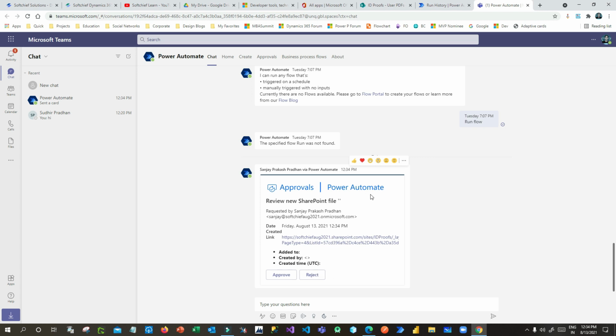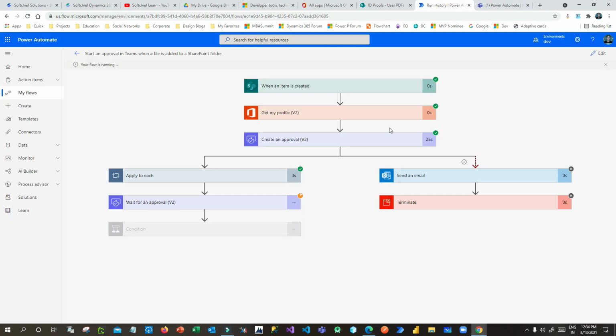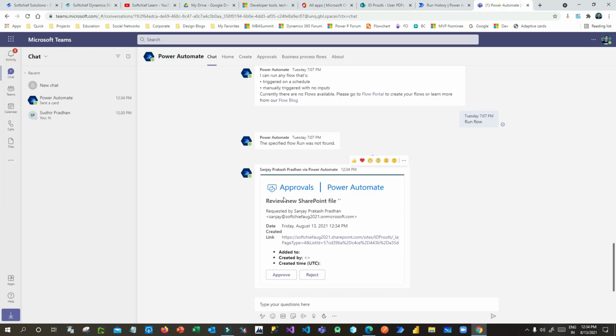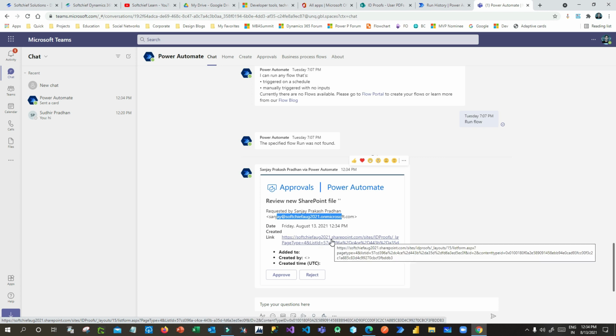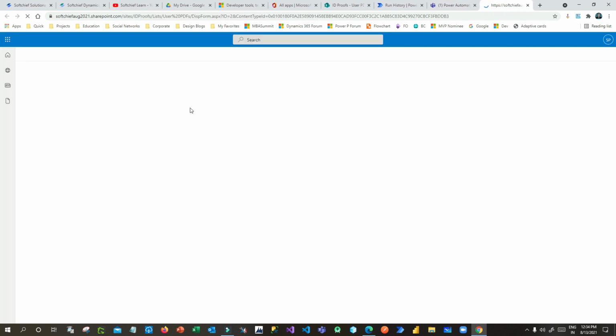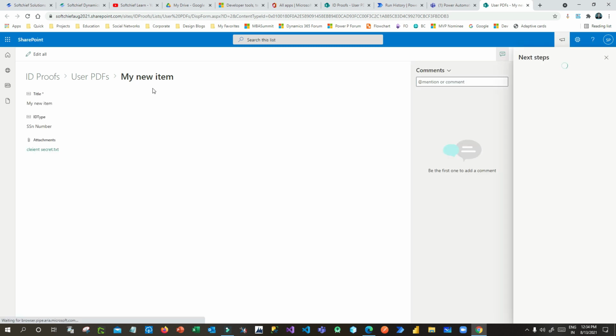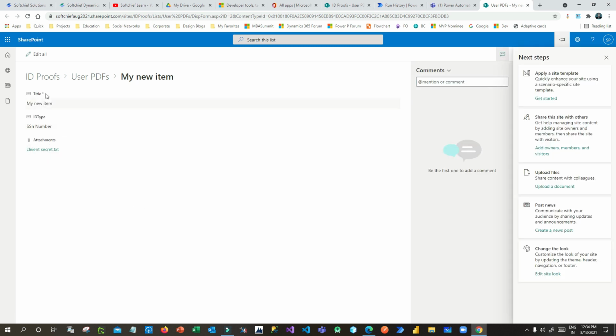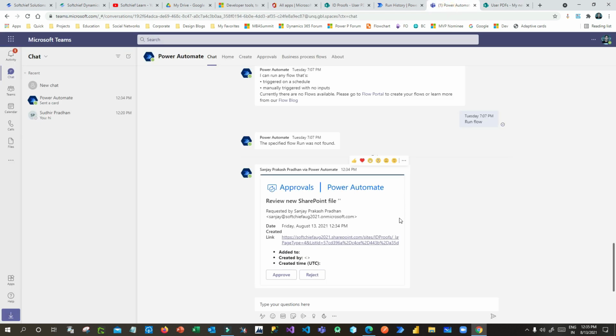This is the adaptive card which is received because of the approval through the flow, right? You can see here, review new SharePoint file, who requested, from which email it is triggered, and what is the link. This is the link I have added in the approval. So if someone wants to approve, he can click on this option and he can open the SharePoint item to double check before approval. Now these are the items which are created. He can check here and go to Microsoft Teams and click on approve.